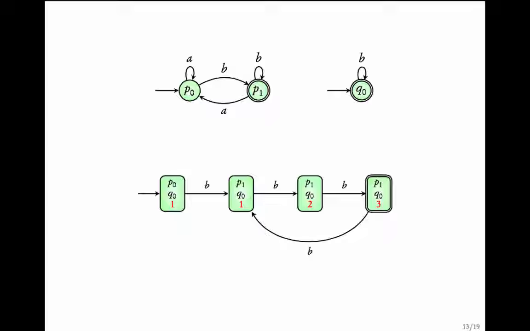Note that we just have to track the fact that the accepting states occur infinitely often. We are not obliged to track every occurrence of that accepting state. For example, here Q0 was accepting for the second component. However, we were interested only to look at the first component when we were here. Similarly, here P1 was an accepting state, but when we were here, we are interested only in checking if 2 was in its accepting state. As long as we loop around this, we will know that both this and this automaton have been visiting accepting states infinitely often.